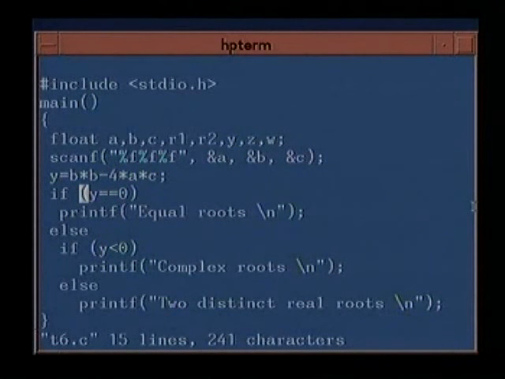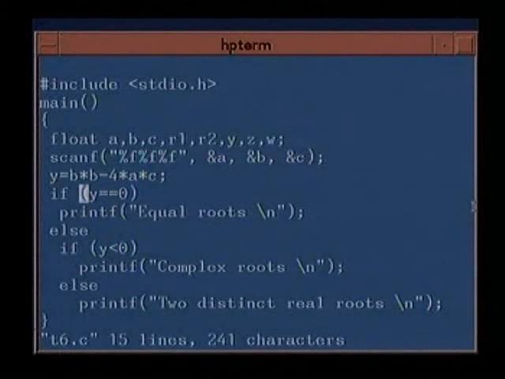You must give two equal signs like I have given here to test for equality. If you give y equal to 0, it will assign y to 0. In C language, you can make an assignment even inside a conditional. So if I had written here y equal to 0 instead of y double equal to 0, it would have assigned y to 0.